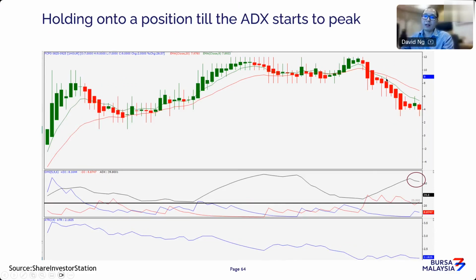Okay, now this is what happens in the next couple of bars. There's obviously a lot of contention, a lot of ways. Some may say that if you just follow your ATR setup, 6 points, you'll probably be out here, but the market went even lower. Now there's many ways to it, but a plan is a plan. If the plan that you have established to get you out is based on the ATR, and the ATR target is hit, that's the best place you should be out. Obviously you can hold until ADX starts to peak. That's a whole different matter, but a plan is a plan. You should stick to your plan. Then opportunity in the market will always be there as well.